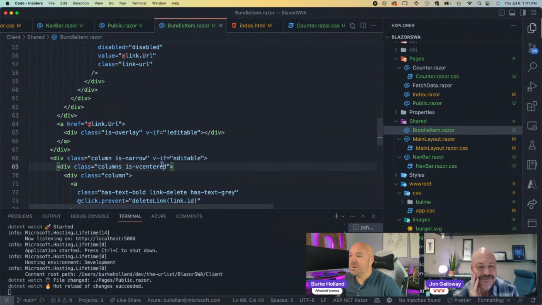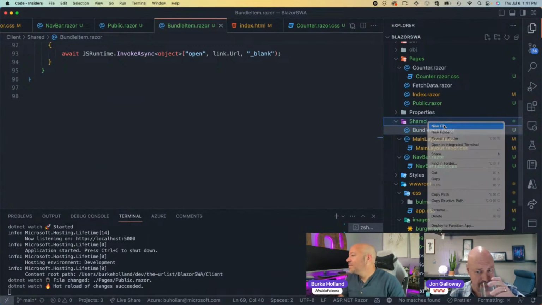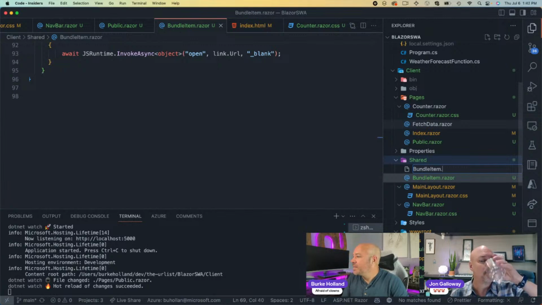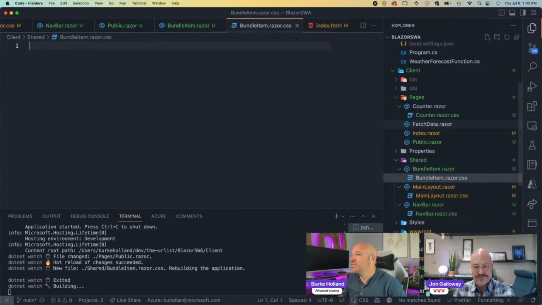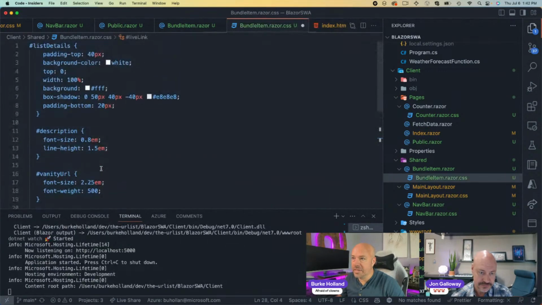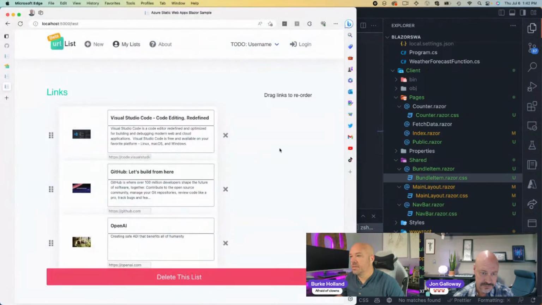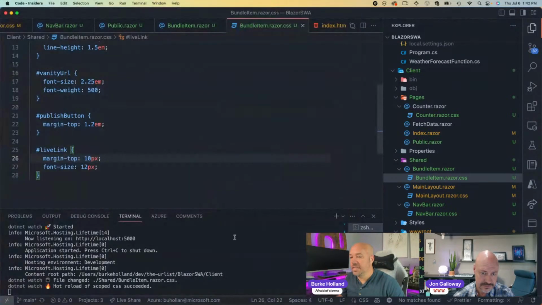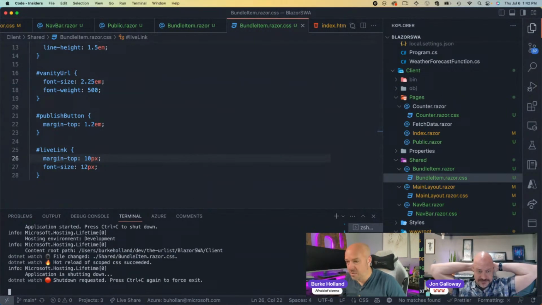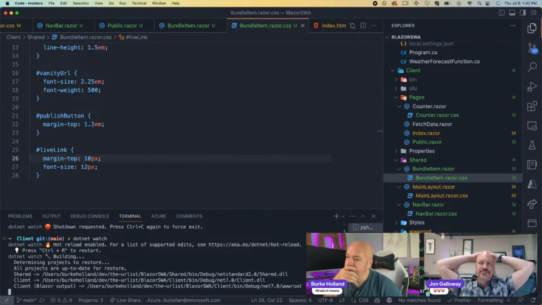Let's go. I love that we have the scoped. We're able to copy scoped styles over. We didn't. Bundle item.razor.css. Do we have any Sass in here that we need to? No, it's all just regular CSS. That didn't help us a whole lot. No. Oh, you know what did we have to do last time? We had to restart. Yeah, it's possible, but it's also possible that we're like,